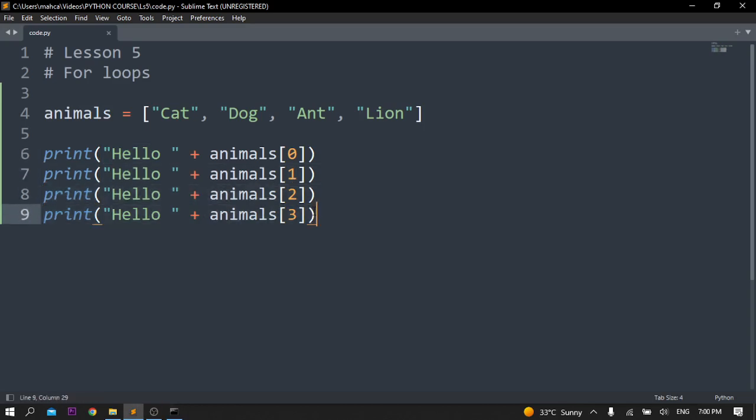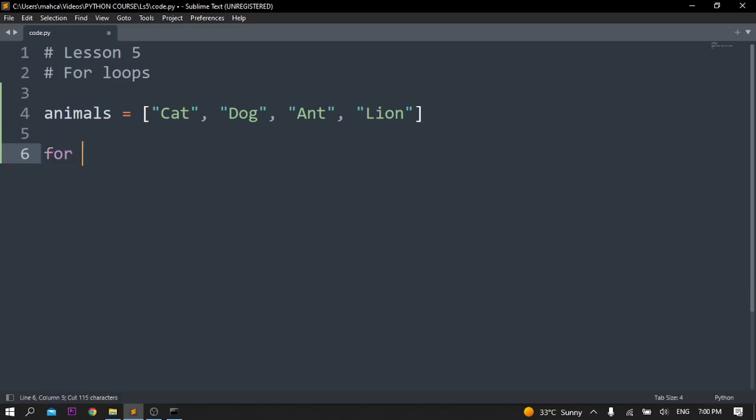Just like the while loops, if we're gonna do this and we have a bunch of animals, let's say 100 animals in this list, it's gonna be a lot of coding. So to avoid this, we can use the for loops. For, and then we put here a variable. Let's say we want to just put animal, since we have animals. For each animal in animals, so from each animal inside the list animals, we want you to print